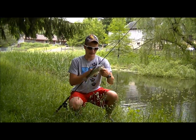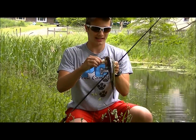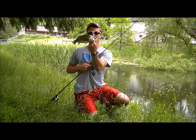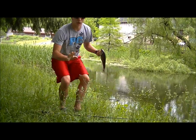All right, welcome back, guys. Caught another one. Probably gonna be our last fish of the day. Starting to thunder a little bit, so we're gonna be heading out soon. But probably the smallest one, around a pound. But yeah, this is a great pond